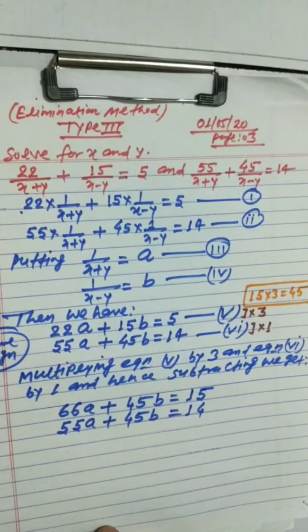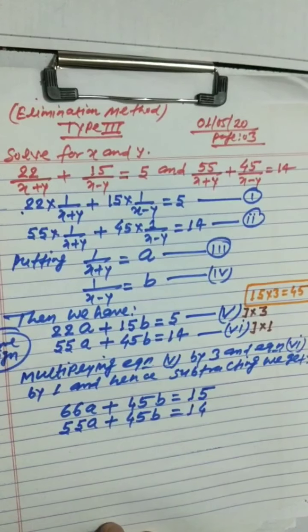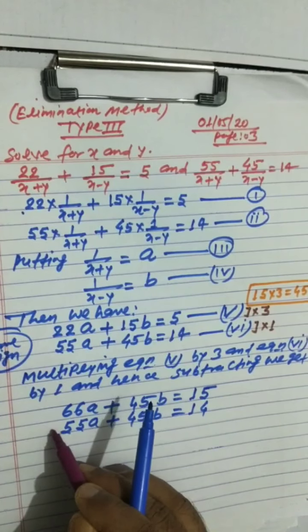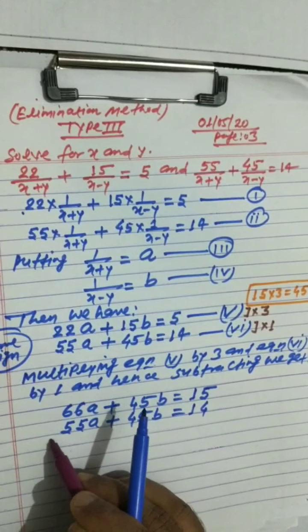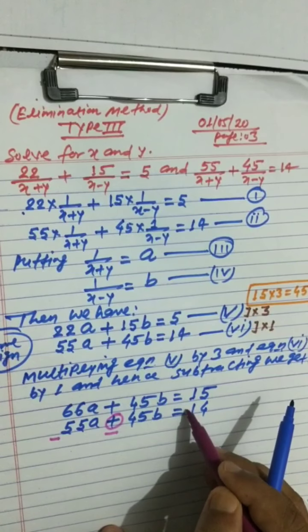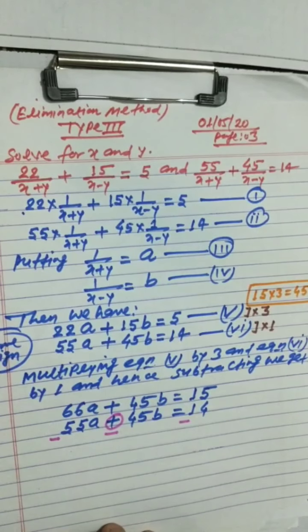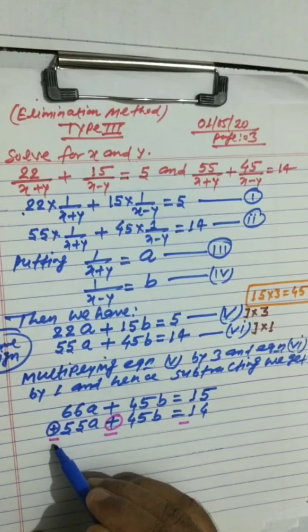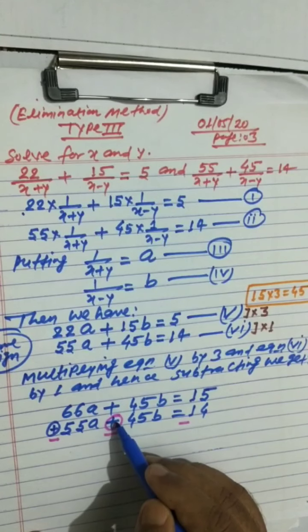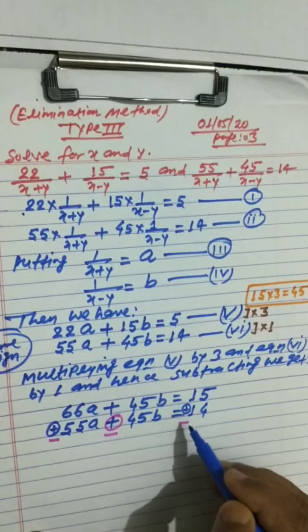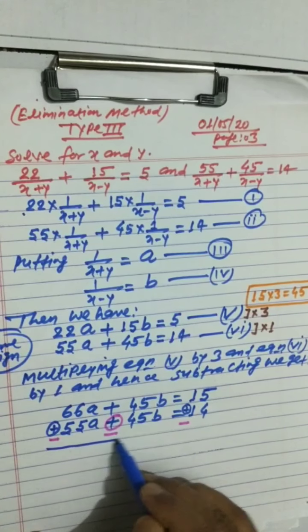Now you have to subtract it, so you have to change the sign of the second equation. You can see plus is here, then it will be minus, and here also plus is there, so it will be changed into minus. I am writing it, plus will change into minus, plus changes into minus, and here also there is a plus sign, then it will be changed into minus.